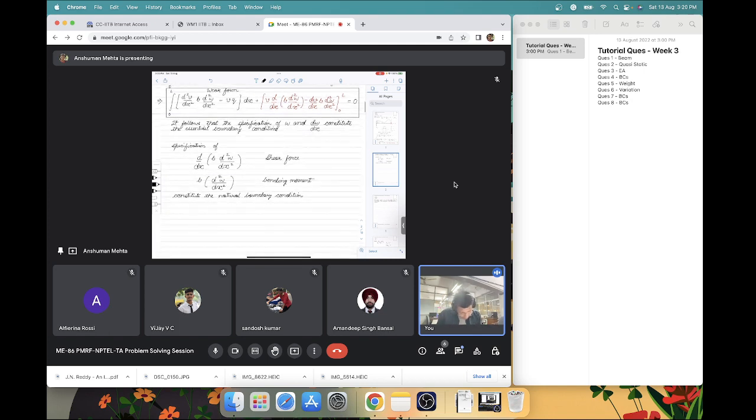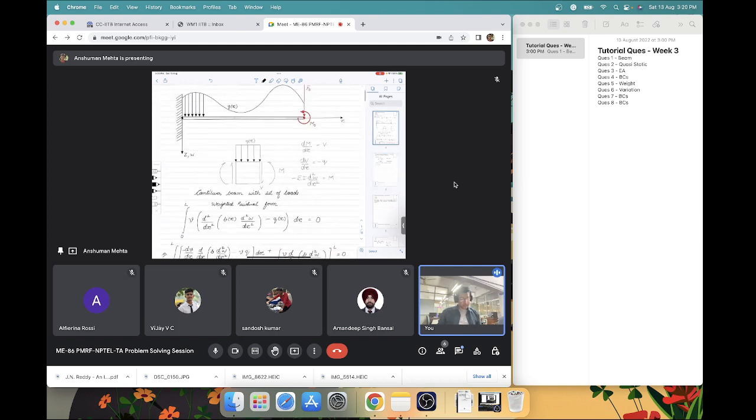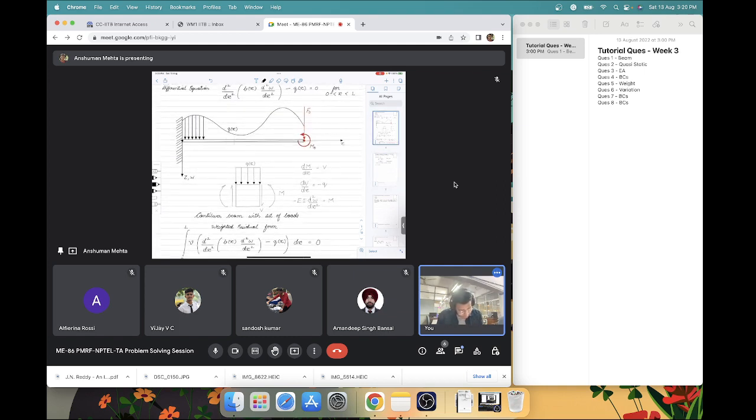Now let's consider our boundary condition by the condition given. So you can see it is fixed at this end. Since it's fixed at this end, hence W at 0 is equal to 0, and dW by dx at x equal to 0 is equal to 0. So these are the two essential boundary conditions given like this,